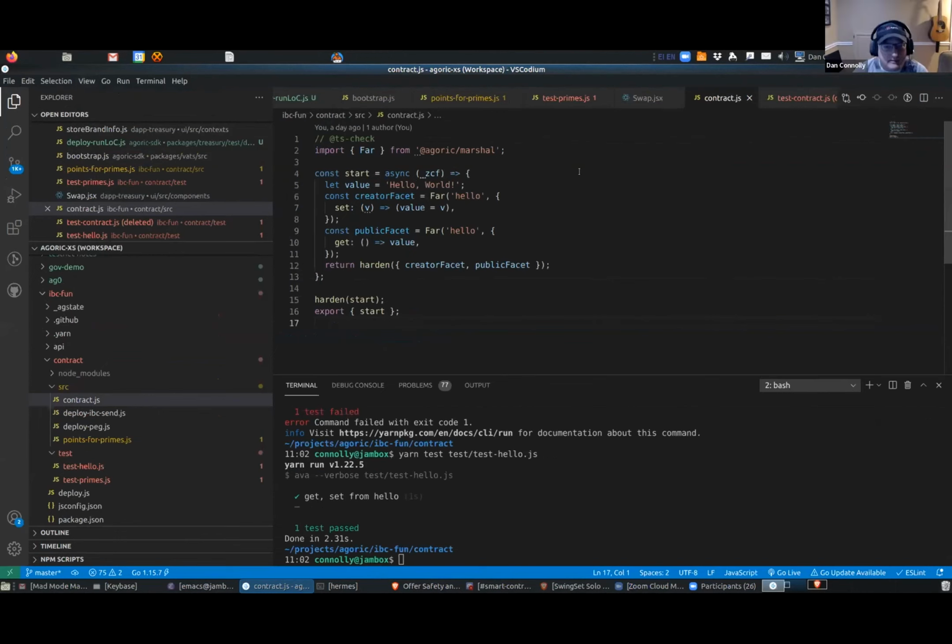So this is a Hello World smart contract following the framework. And a smart contract is a JavaScript module, and it exports a start function. And we have not just any JavaScript, we recommend this hardened JavaScript, and in fact, we enforce it in various